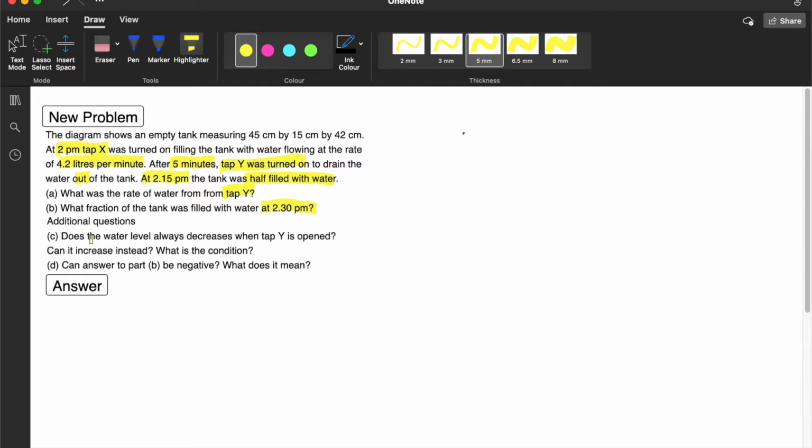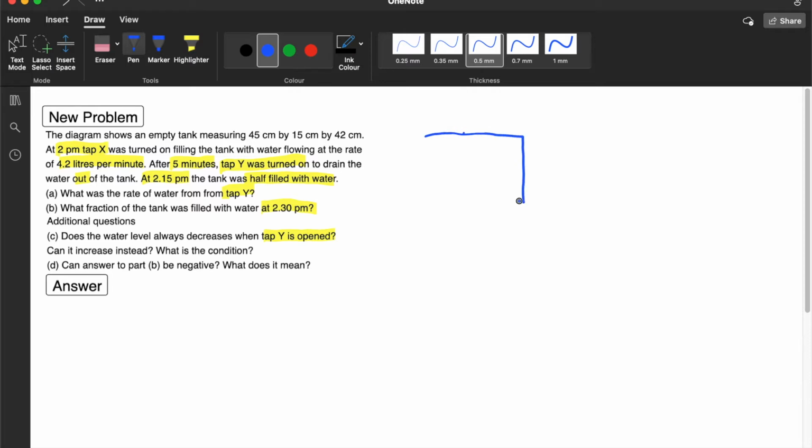Additional question: does the water level always decrease when tap Y is open? Can it increase instead? And what is the condition if that is so? And part D: can the answer to part B be negative, and what does it mean? Right, so let's